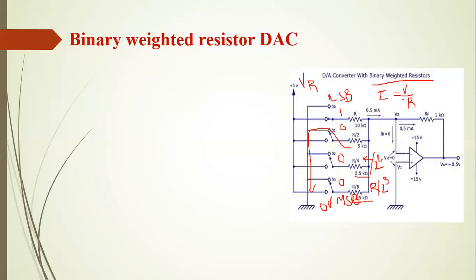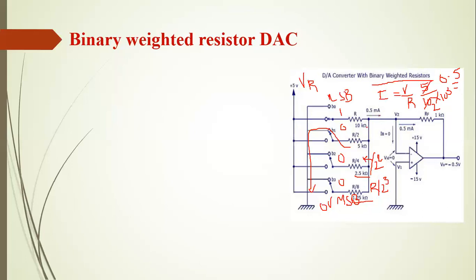So if I is equal to V by R, where V is the reference voltage VR, which is 5, and the resistance is 10 kilo ohms, that is 10 into 10 power 3. From this, 5 divided by 10 gives 1 by 2, which is 0.5, and 10 power 3 goes to the numerator and gives 10 power minus 3. So this value is equal to 0.5 milliamps. So the total current passing through this circuit is 0.5 milliamps.